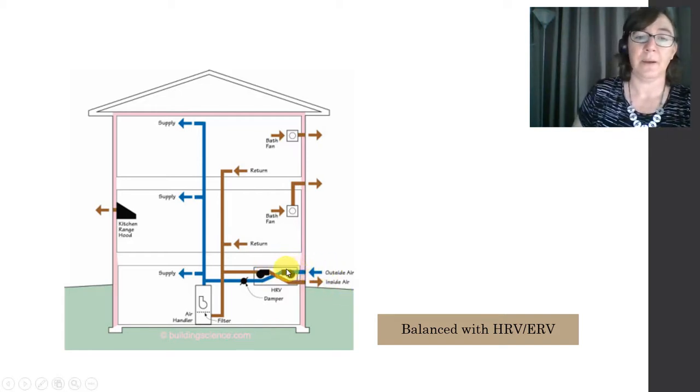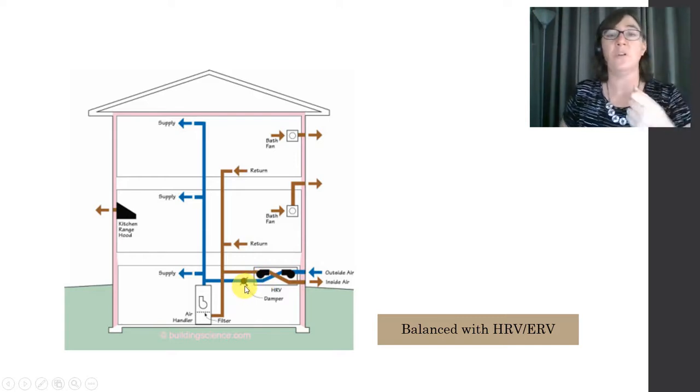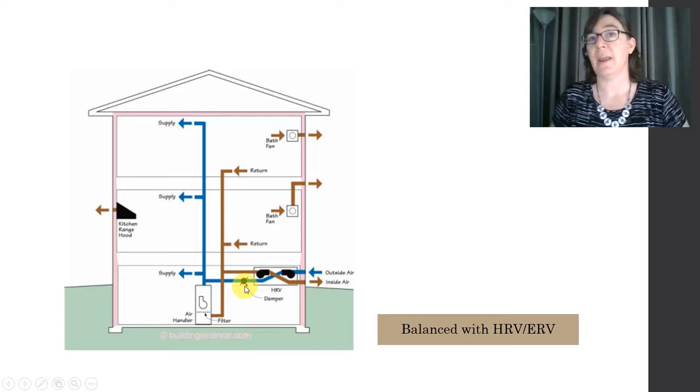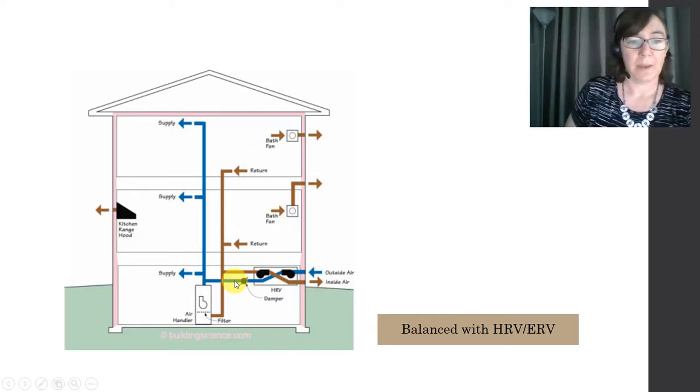But let's follow the outside air coming in. Here's a damper that can control how much outside air you want to enter your system. And then it comes in right here and will go into your air handler, be heated through your furnace, and then into the supply of